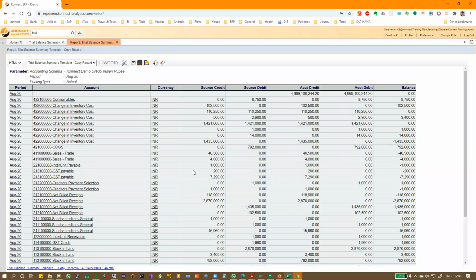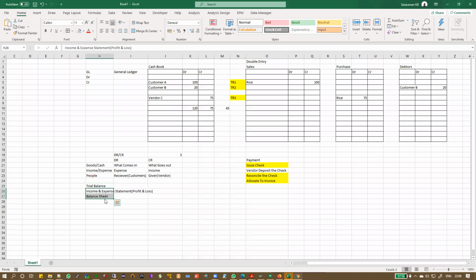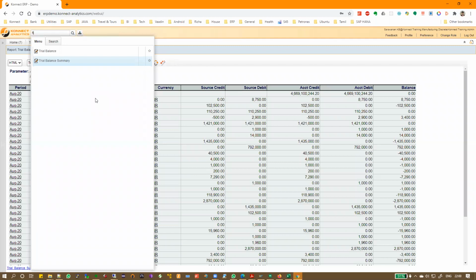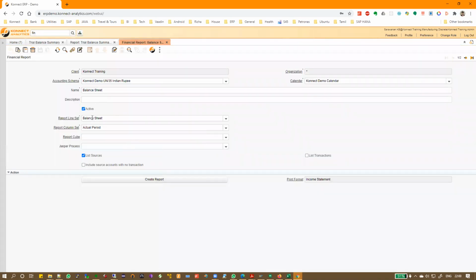Now the second thing is, when it comes to these two reports, there is a lot of flexibility in creating them. We have a separate window called financial report. In the financial report, we need to do some configuration as to what is the line and column, that is row and column. There'll be a preset configuration like this. We created one for balance sheet, one for income statement. Sometimes people will ask for a balance sheet or income statement comparison, current period versus previous period versus full year, etc. Based on that, we can create new configurations with this window.